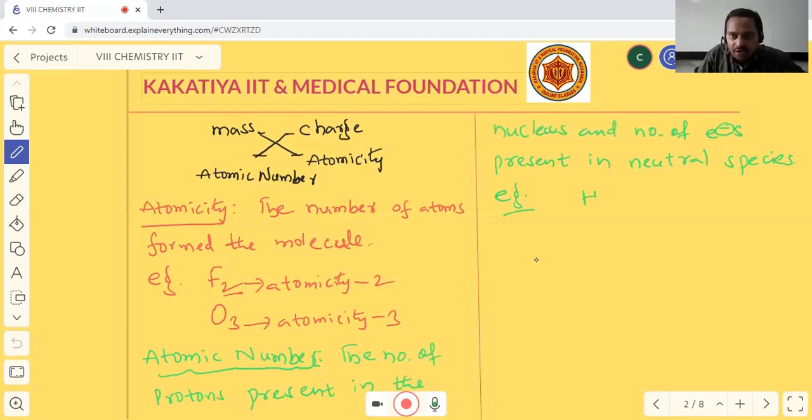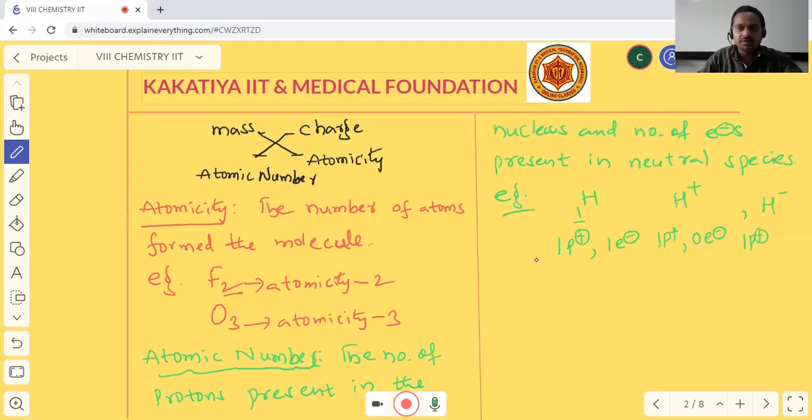For example, hydrogen, atomic number 1. Here nothing is mentioned on the hydrogen, so there is no charge. Here 1 means 1 proton, fixed. So there is 1 proton as well as 1 electron, because 1 positive charge and 1 negative charge make it neutral. That is why there is no charge. In case H plus is mentioned, H plus means 1 proton, and plus means 1 electron is lost, so 0 electrons remain. Similarly, for H minus, 1 proton is common.